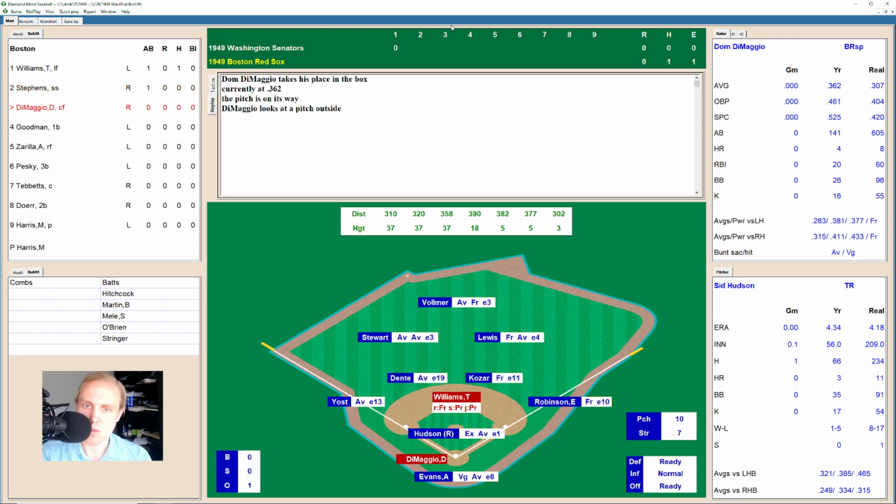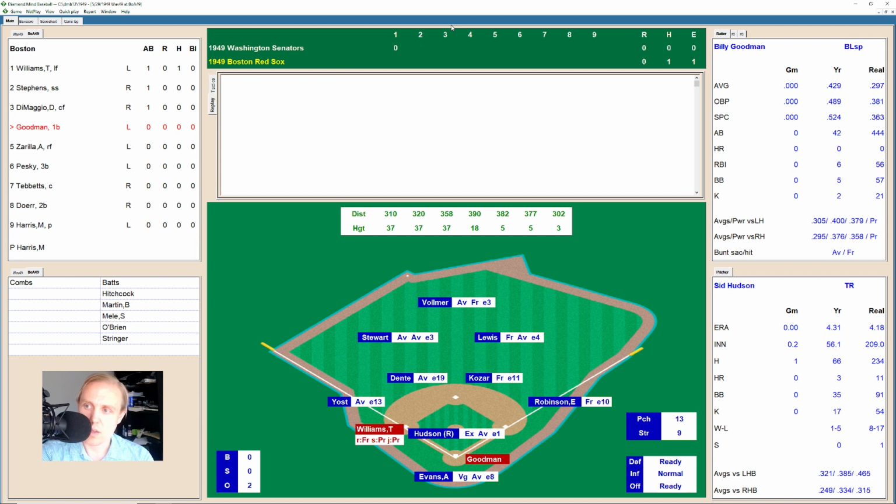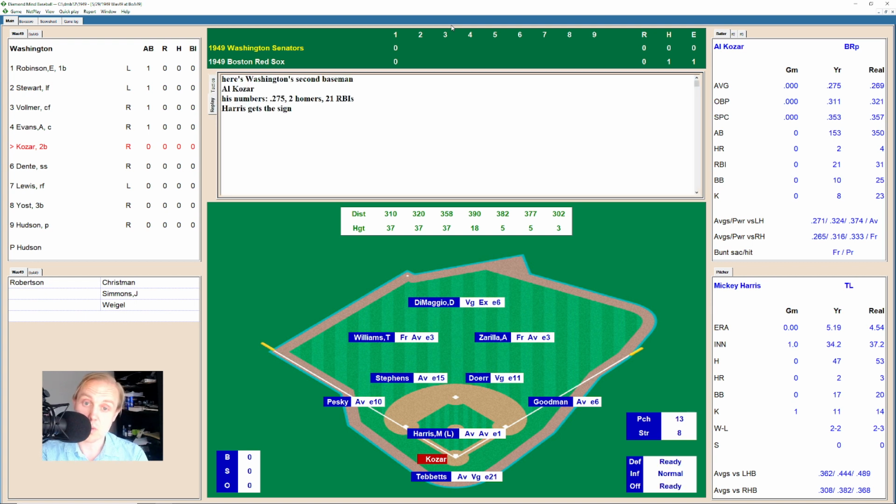Here's Dom DiMaggio. Takes a pitch outside, ball 1, and that's a strike high, 1-1. Chopped over the mound, and it's Dente who has that one, throws on to first for the out. Williams moves over to third, and that with 2 outs brings up Billy Goodman. Goodman fouls one away, hitting .429. Not too many at-bats, of course. There's a ball to him. It's 1-1. And there's one hit deep to right field, and that sends Lewis all the way back to the wall, but he goes back and catches that ball for the out, and we go to the top of the